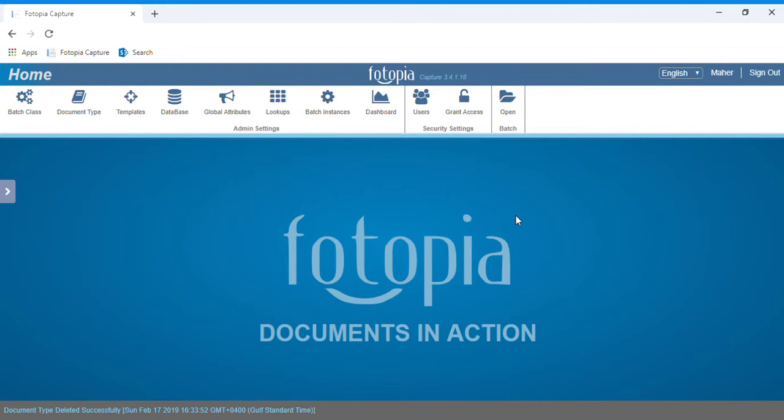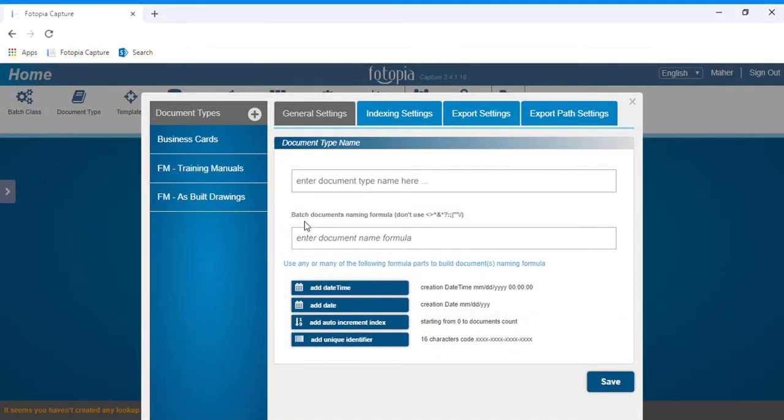In this video, I'll show you how to create a document type and make all the configurations related to indexing and exporting. Please note that you must be logged in as an administrator to have access to this feature. Here we are on the main interface. Click on Document Type. These are the document types that were previously created, and now we will create a new